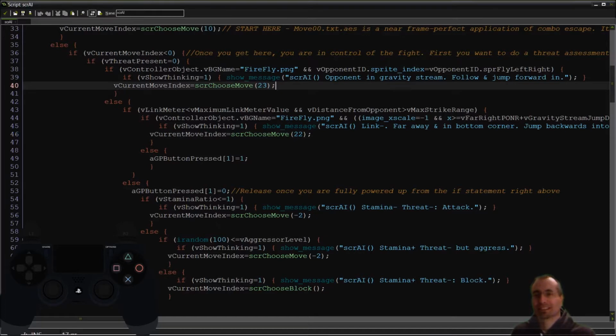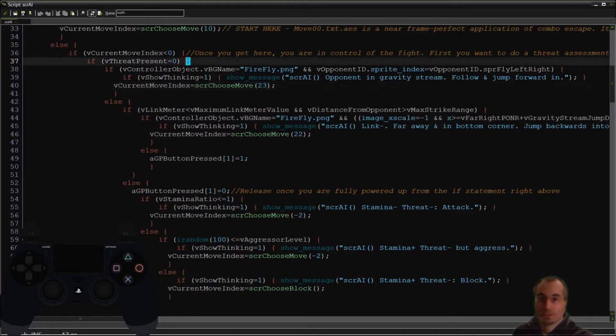So this is an in-game translation of my real sparring and martial arts experiences, and I've coded the logic that I use into the Shadow AI's decision-making logic, and that's where we are right now. Basically, what he does first is a threat assessment. He checks where he's at. Is he on the top or bottom platform? In this case, he would be on the bottom platform, and the opponent has jumped into the gravity stream, which